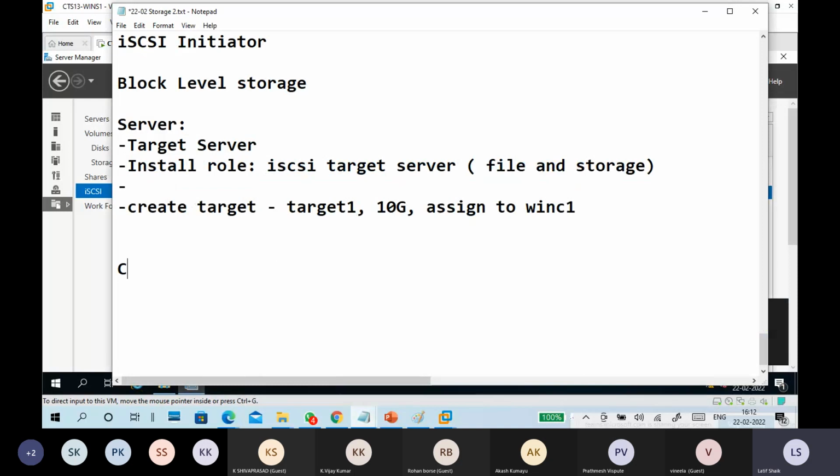Now we will go to the client. My server is WinS1. My client is WinC1. So open iSCSI initiator.